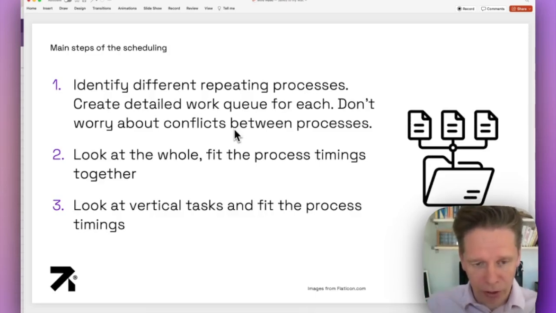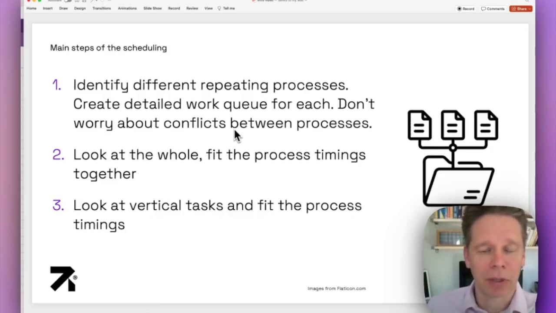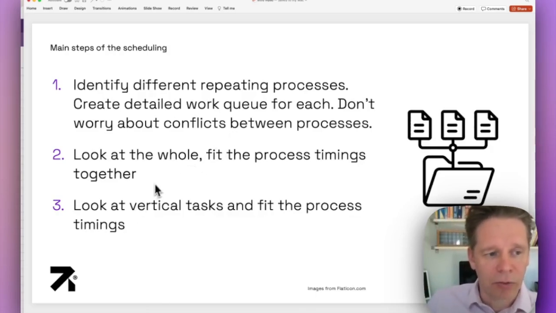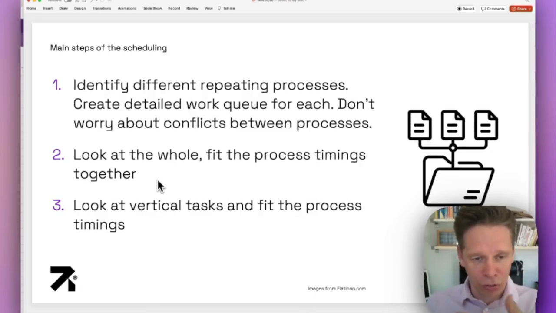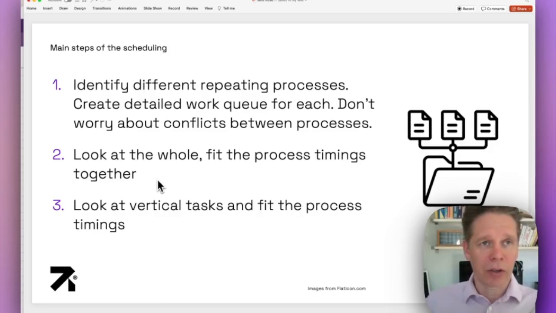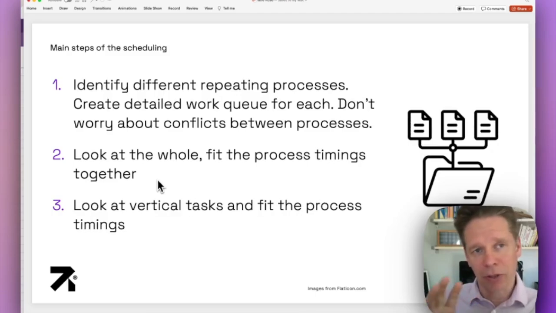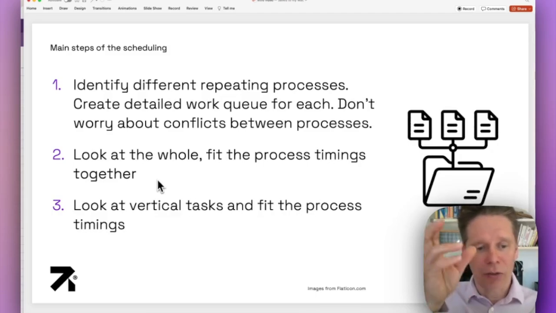So you can just focus on one thing at a time. That is the point there. In the second phase, you would look at the whole and then fit the process timings together. As in the beginning, you didn't really worry about that. Now this is the time when you should start worrying about it, and I'll show you shortly how to do it. And then in the third step, you would be looking at the same thing from a different angle, just to see how the vertical tasks